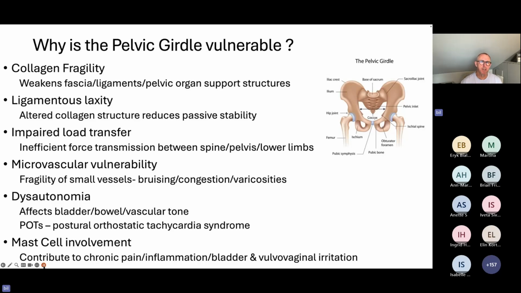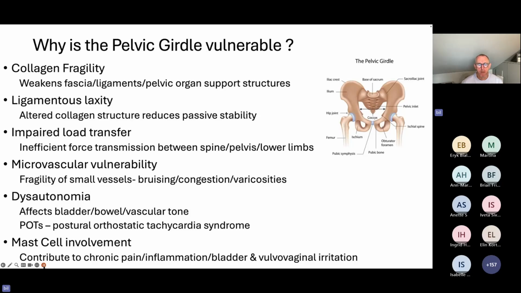So that really leads to impaired load transfer, inefficient force transmission between the spine, the pelvis, and the lower limbs. At a more microscopic level, we can get fragility of small vessels, bruising, congestion, varicosities, and then